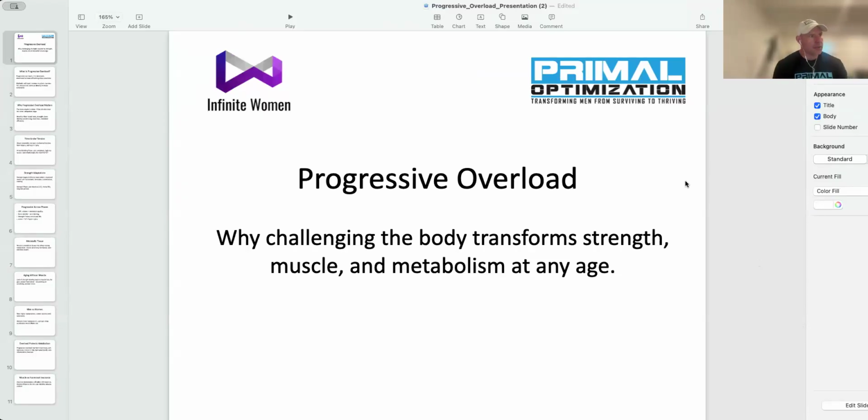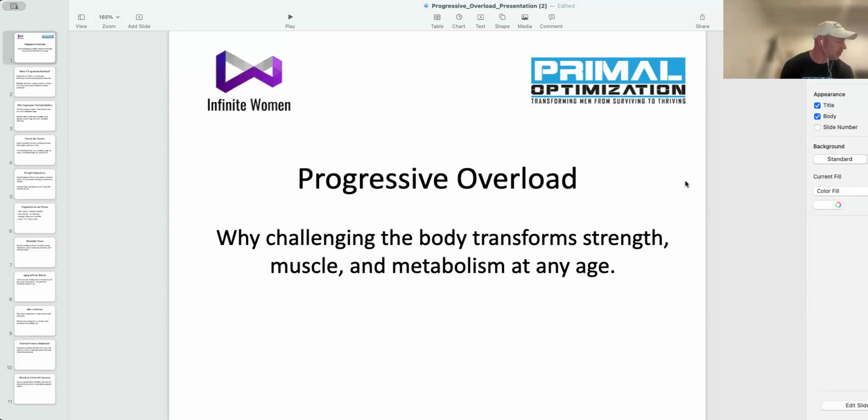So progressive overload. I'm just going to give you guys a brief, high level overview. We'll dig down into some areas to give context. That way you will have better understanding for yourself on how to help with the application side of your workouts. Okay. So progressive overload, why challenge the body to transform strength, muscle, and metabolism as we age or in